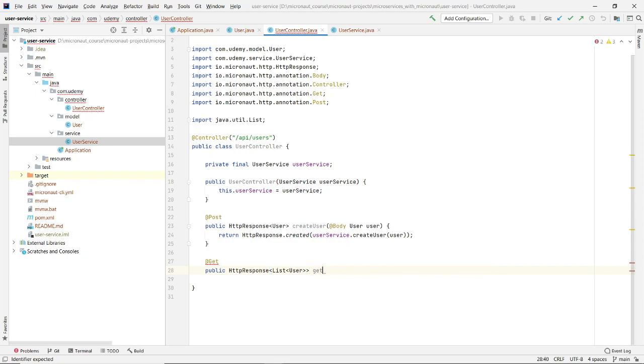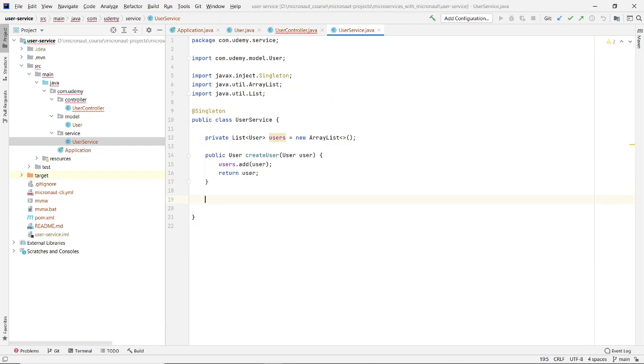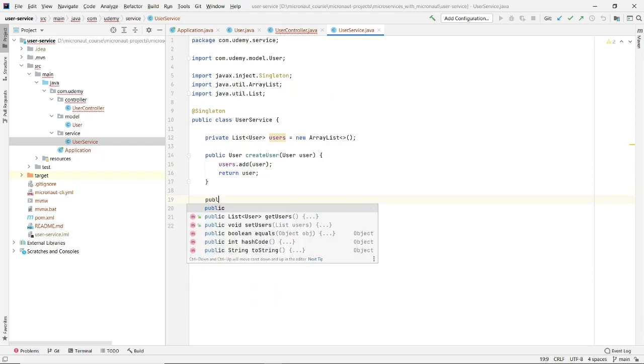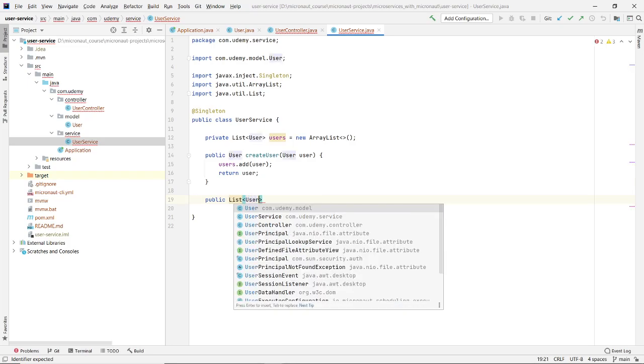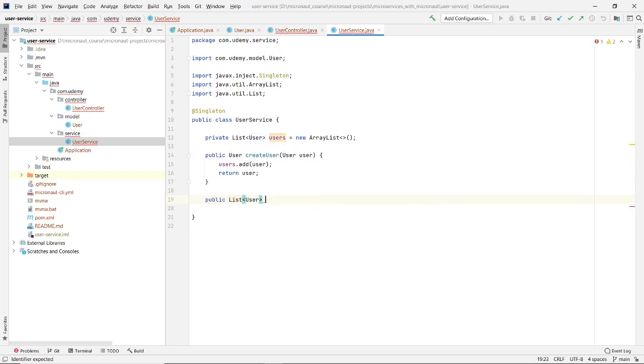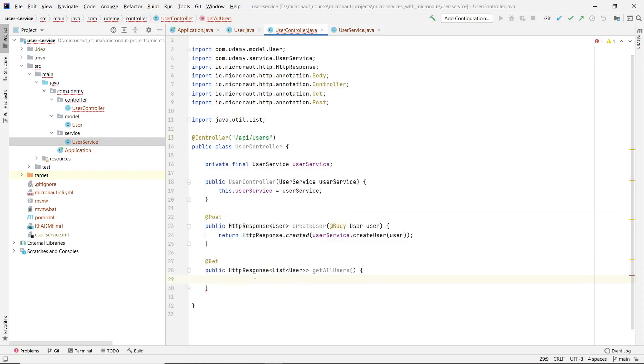So it will be get all users, API for getting all the users, and for that we will create a method as public list of users, get all users, and it will simply return this users list where we are storing all our users.